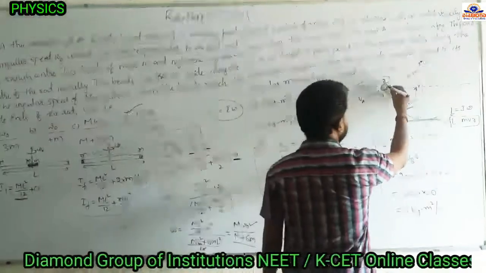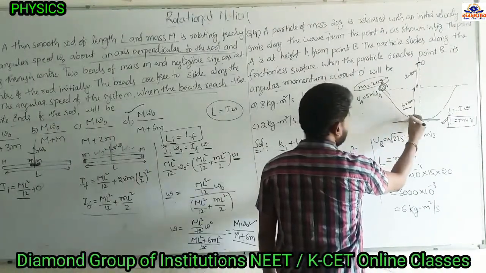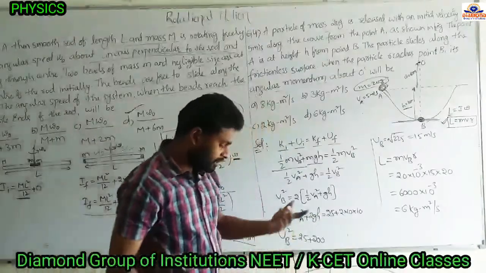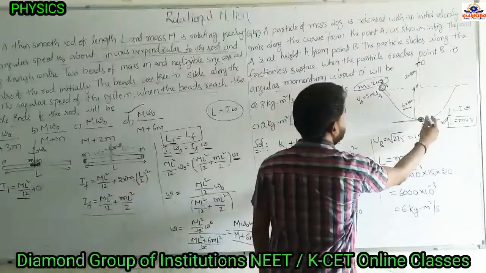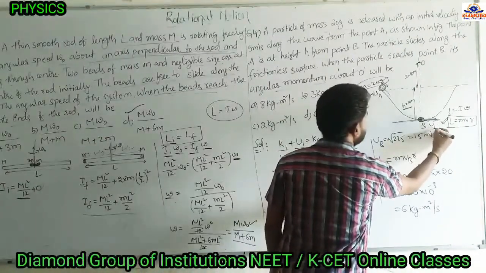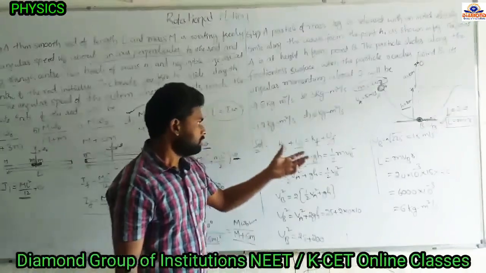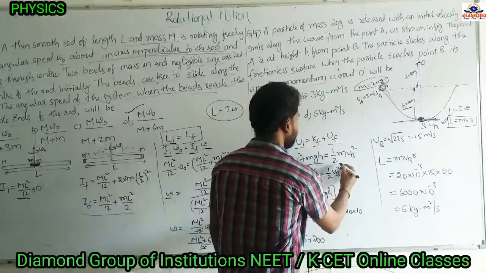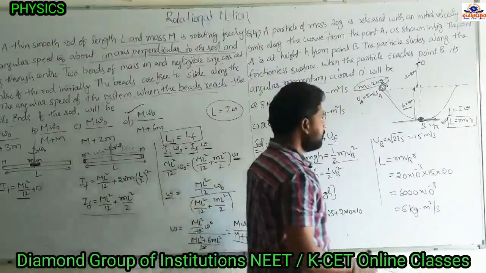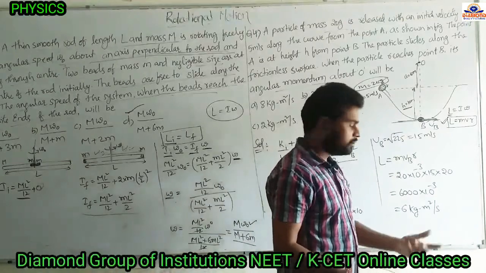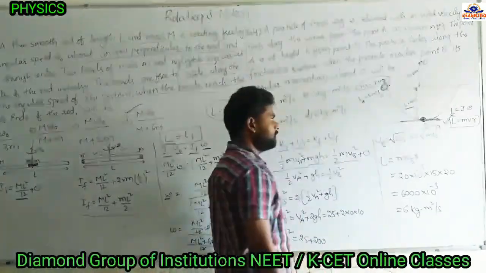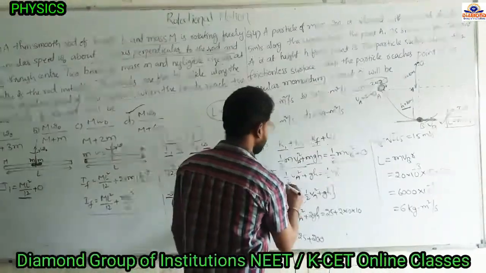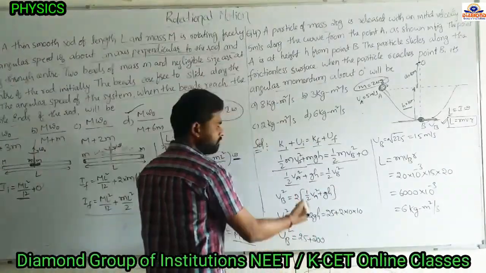Now this particle is moving along this curved path and reaching point B. Whenever it reaches B, it will have some velocity, Vb. So the final kinetic energy at B is half m vb square, and plus, since it reaches the reference level, the potential energy will become 0. So m will cancel out in all terms: half va square plus gh equals half vb square. We have to find the vb value.